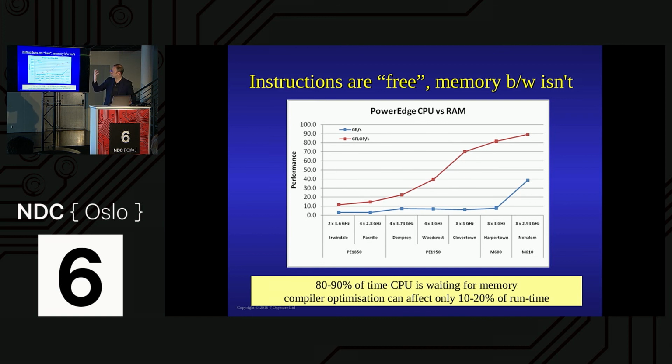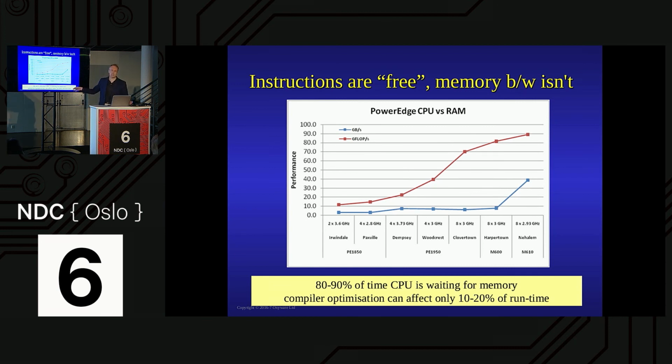And what this graph shows you, it's one of many, it doesn't particularly matter, is that the red line is you can add CPU, great. What happens to RAM speed? It hardly has gone up at all. There's a jump at the end here, but this is gigabytes per second. We're pretty much limited by memory these days, not by CPU. So trying to save CPU instructions is not the way to get optimization. Make sure that you use the memory correctly is the way to get optimization in most modern things.